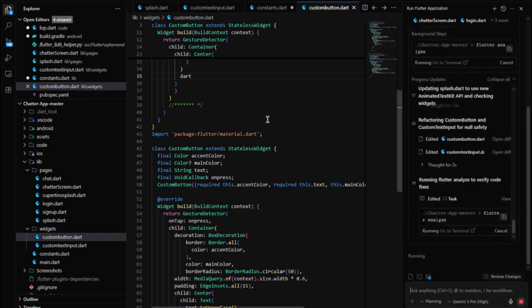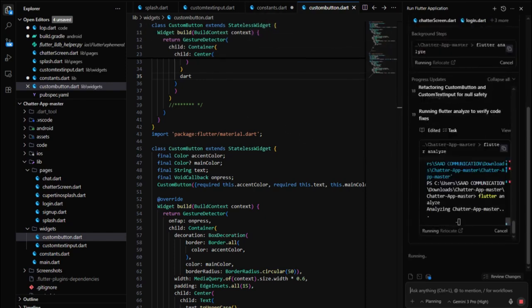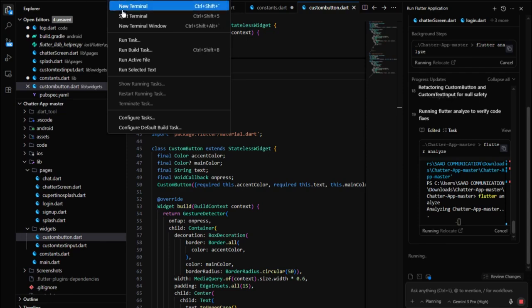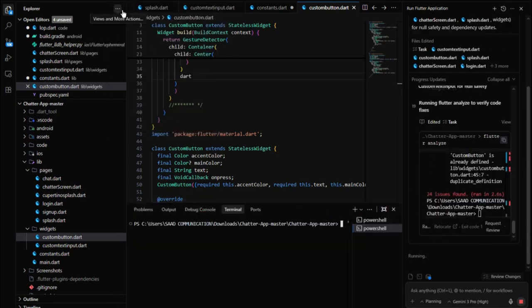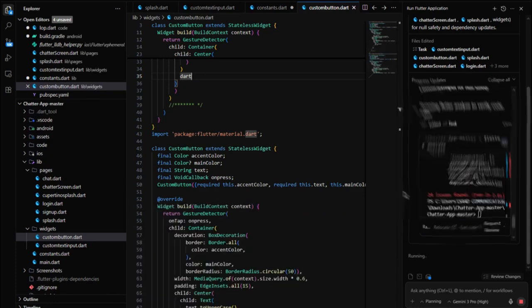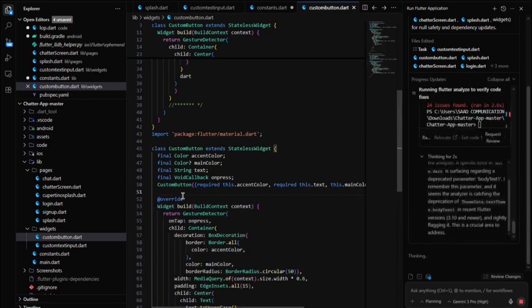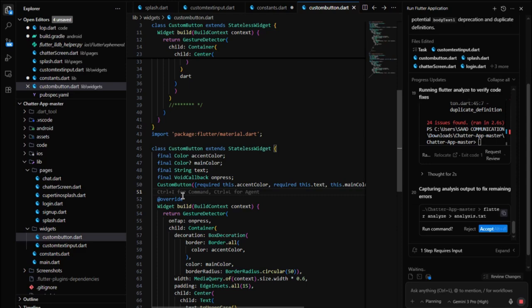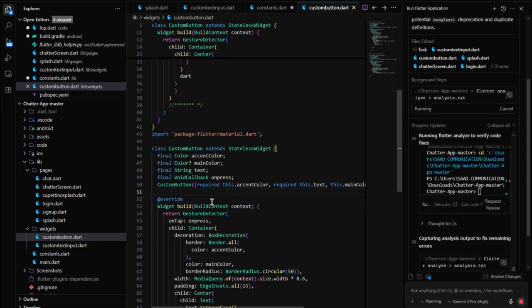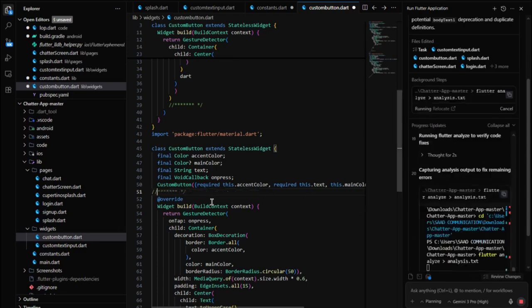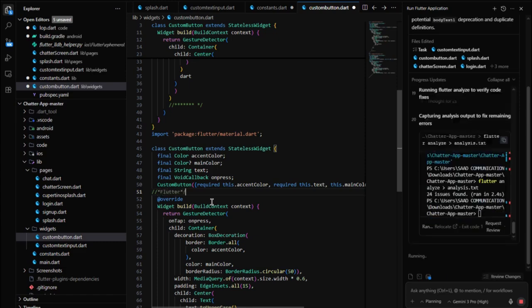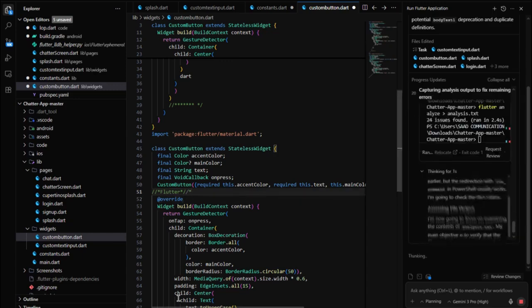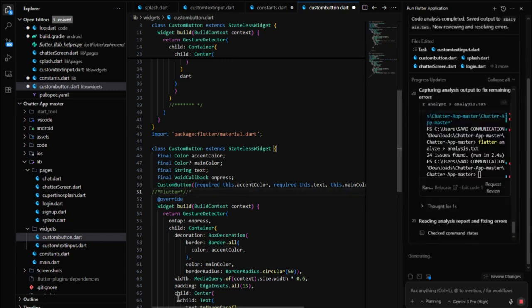So now let's analyze the Flutter. Let's see the error. I think now, no, it is saying 24 issues found. So what type of 24 issues? Let me see. Okay, here in this file there are issues coming. So you just want to press slash slash right here, Flutter, like this. Now perfect. And now add one more slash